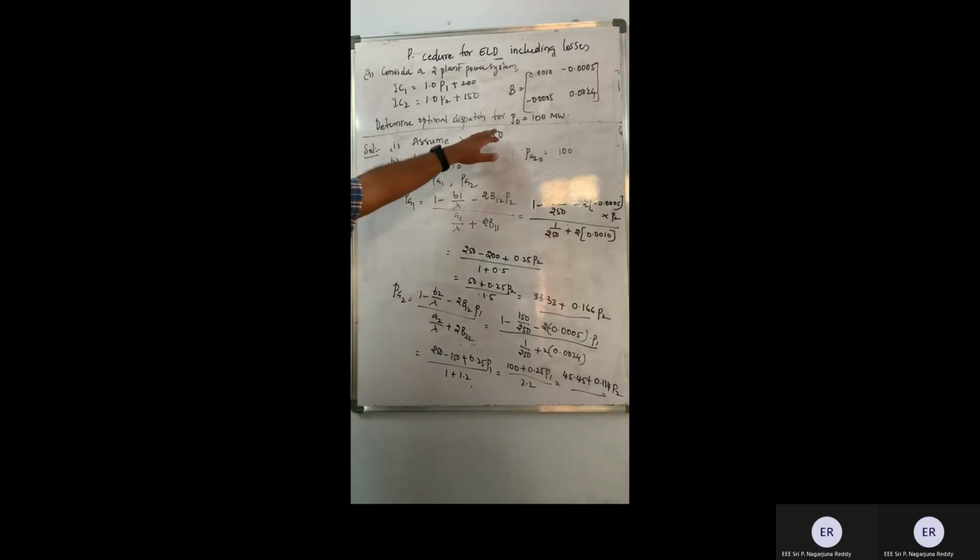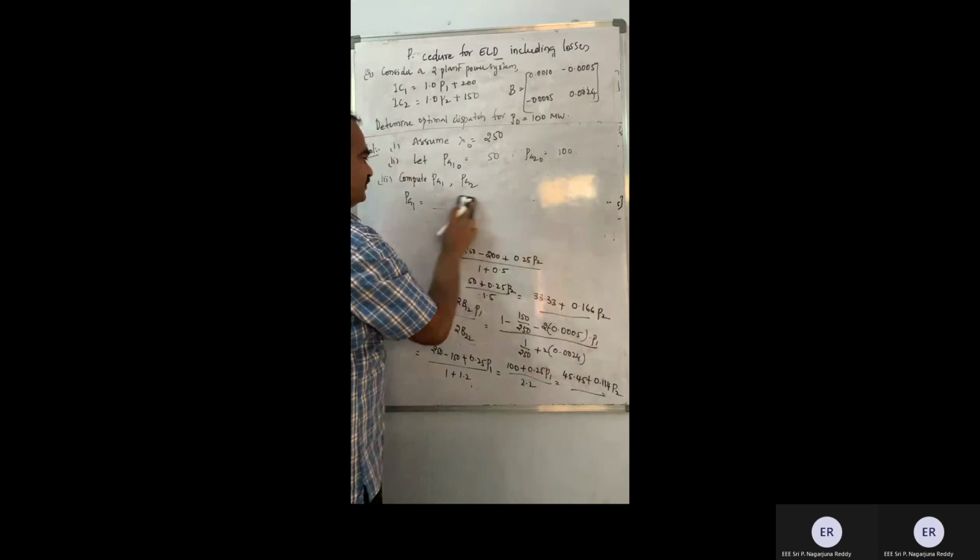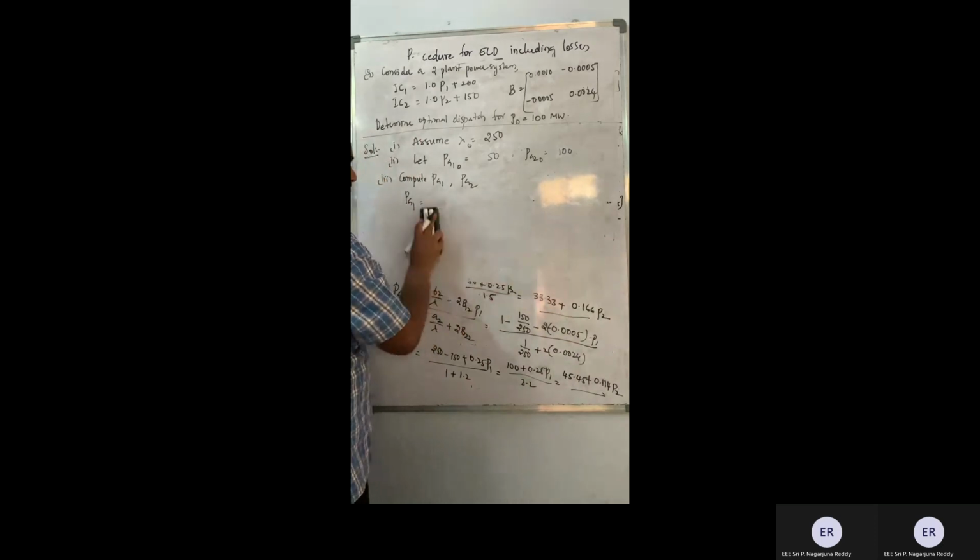Now, I have taken an initial value of lambda, a bigger value compared to these two, 250. And I have employed the same as the incremental cost and obtained the initial values of P1 and P2. Now I have simplified the equations of Pg1 and Pg2 with the expressions which I solved yesterday. I have not substituted P1 and P2, if you carefully see. I will substitute them now because I need to go with the optimization. So now you will understand why I have not substituted P1 and P2.